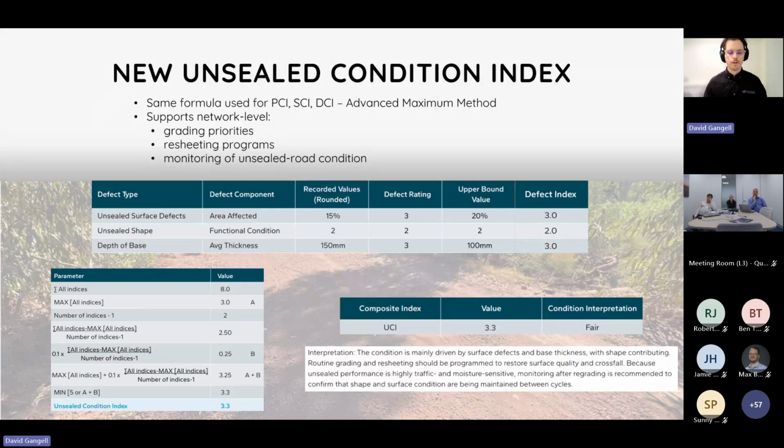And then just finishing up, coming back to the unsealed network, the fact that UCI has now been introduced to formally have a condition index for unsealed roads. The formula is the exact same as for the other indices, the advanced maximum method, which is all outlined in Appendix C with worked examples in Appendix D, and the real intention of this